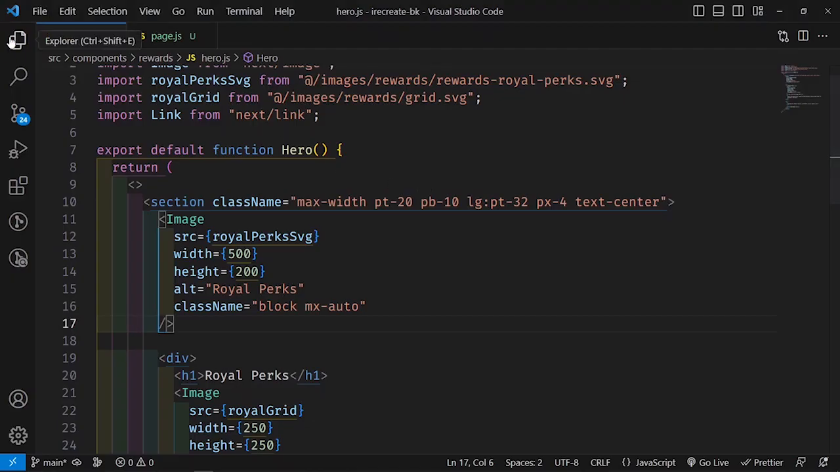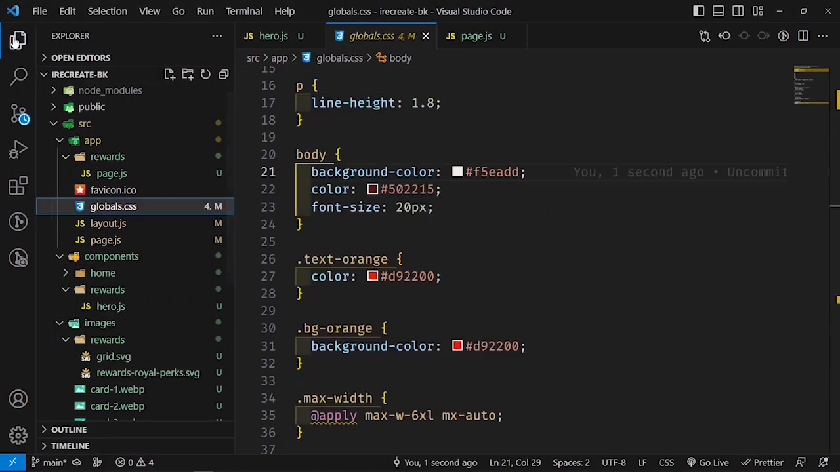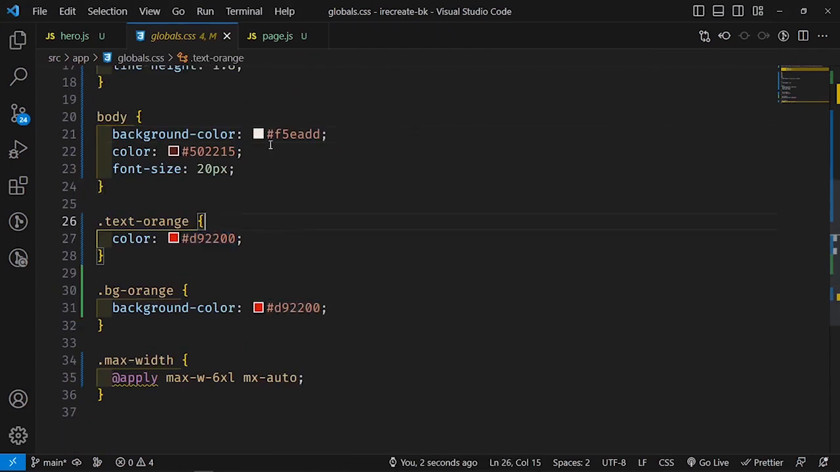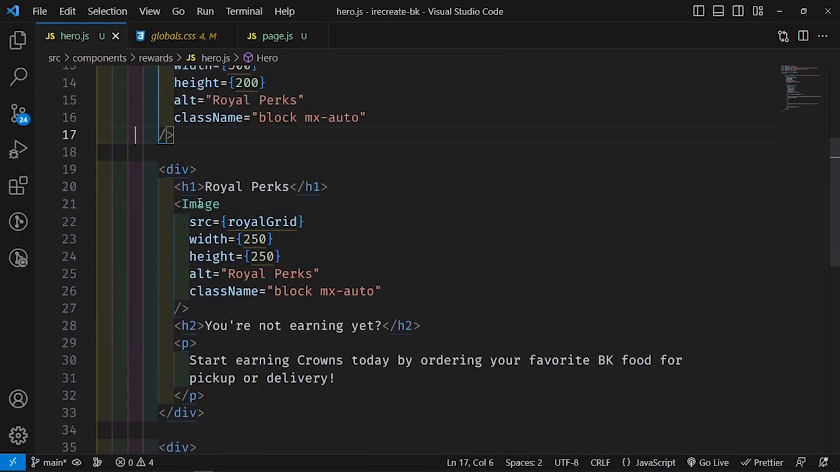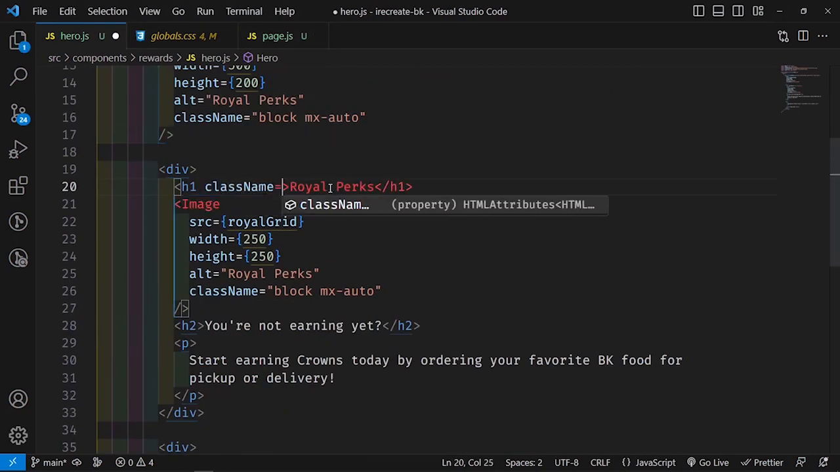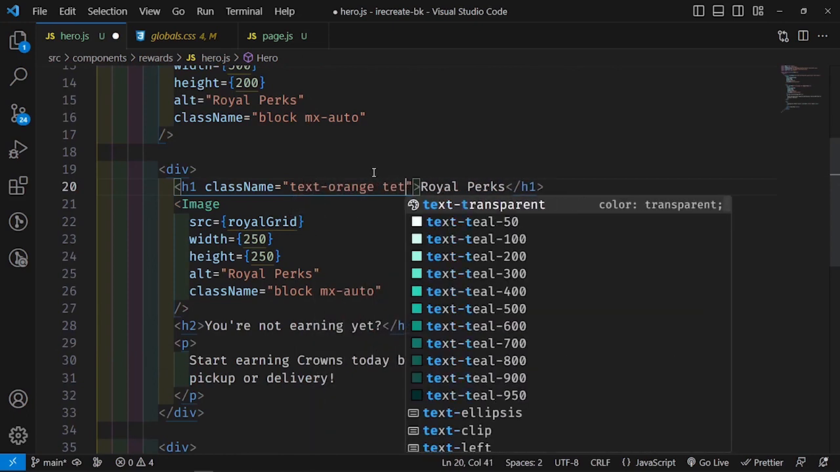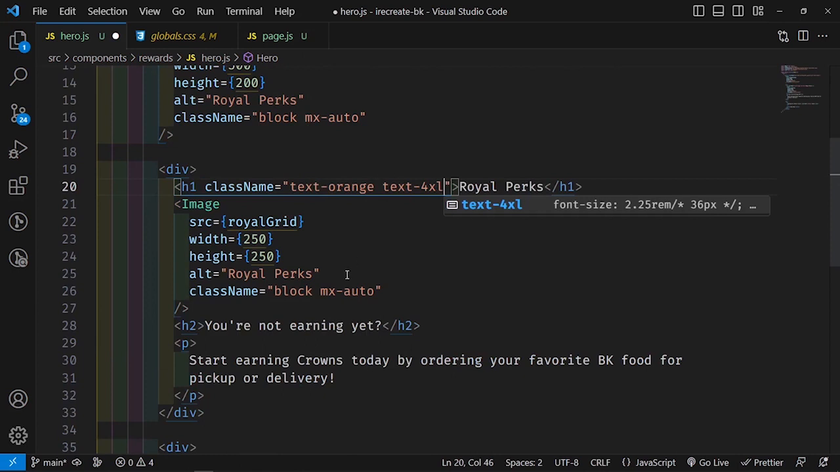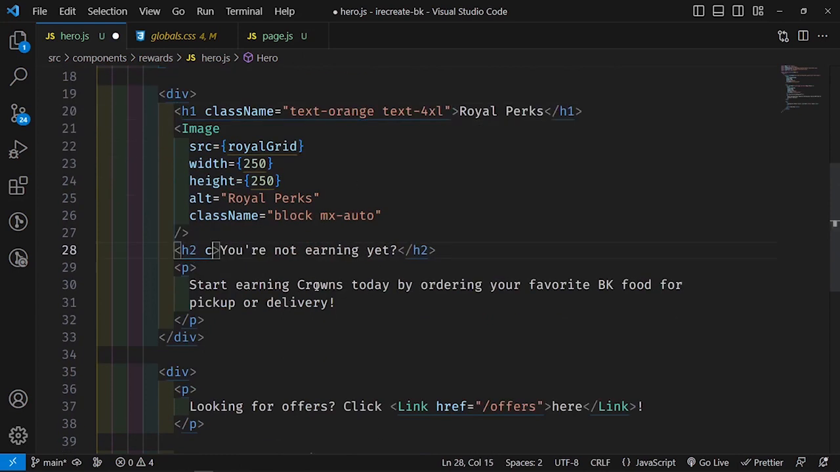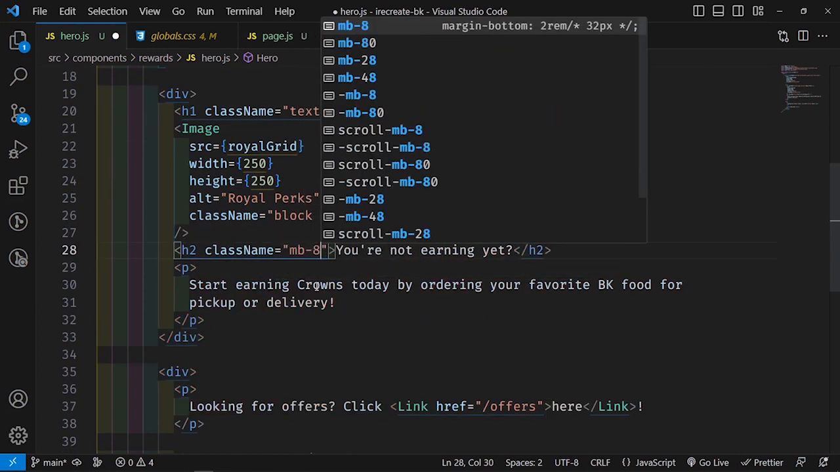So let's go inside our global CSS file. Let's grab this color orange. Oh wait, we have this class called text-orange. I forgot about it. So inside this h1, let's give it a class name of text-orange. Let's give it a text of -4xl. And then inside this h2, let's give it a class name of margin on the bottom of 8 to push